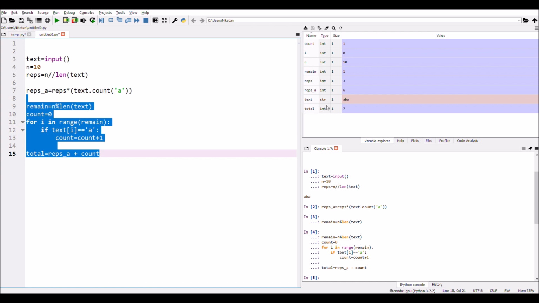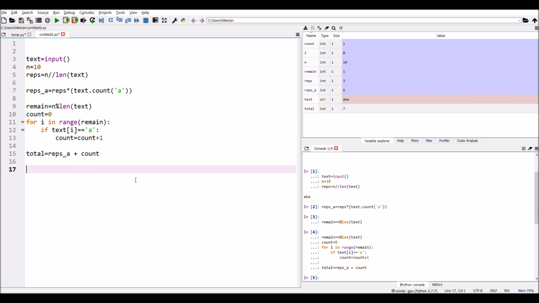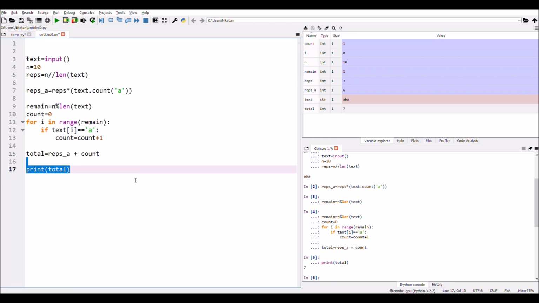As seen, the total returned is 7, which is as required. So we will print out the total. And this is how the question is solved in a very easy manner. Thank you.